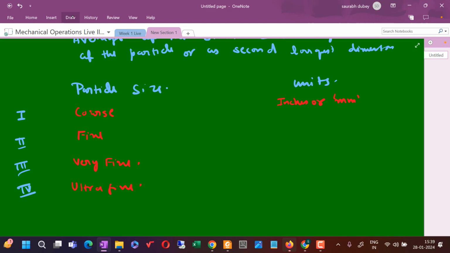And fine is like screen size. So there will be sieves in the upcoming classes, you will get to know about that. In that, there will be screen size. So whatever the screen size will be, based on that, the size of the particle will be defined. And very fine is the micrometer and nanometers. And then ultra fine particles are defined by surface area per unit mass. So surface area,